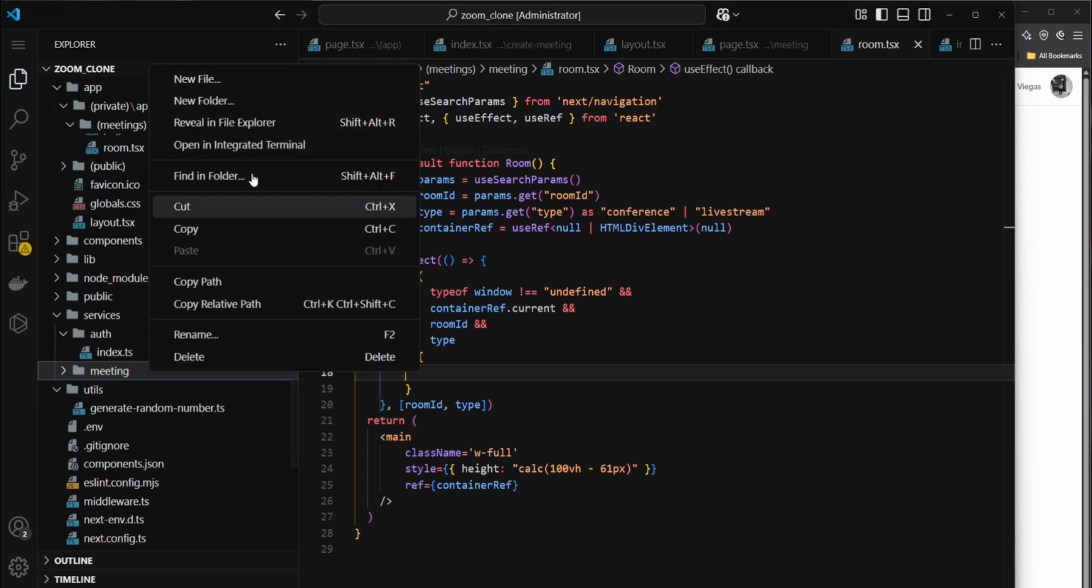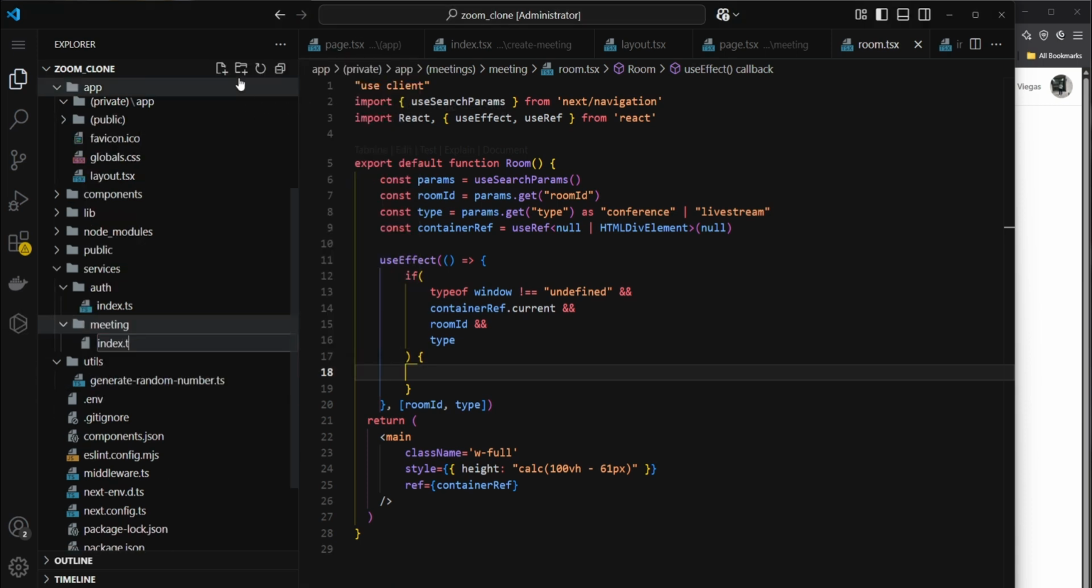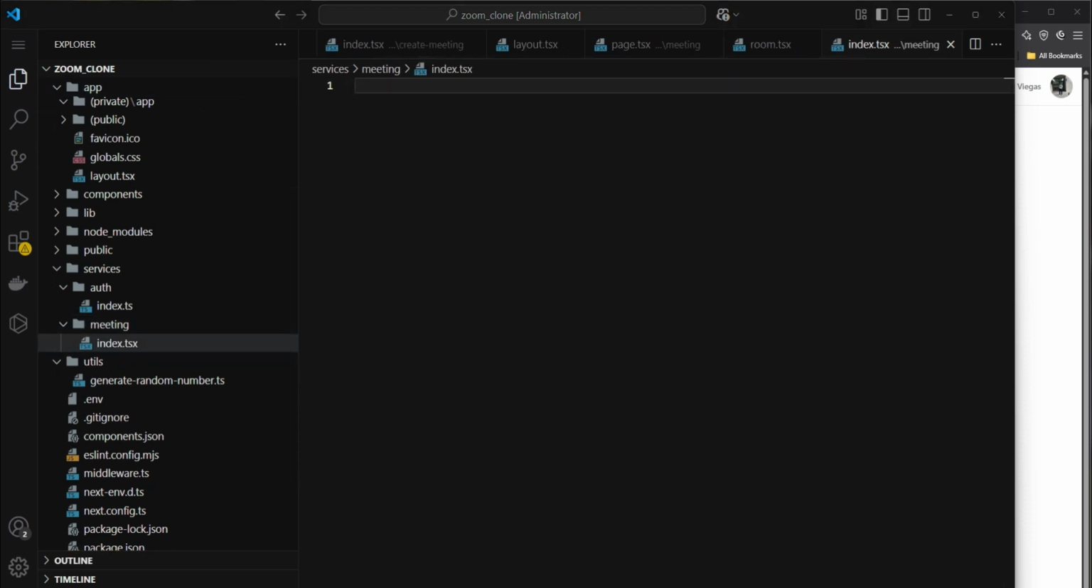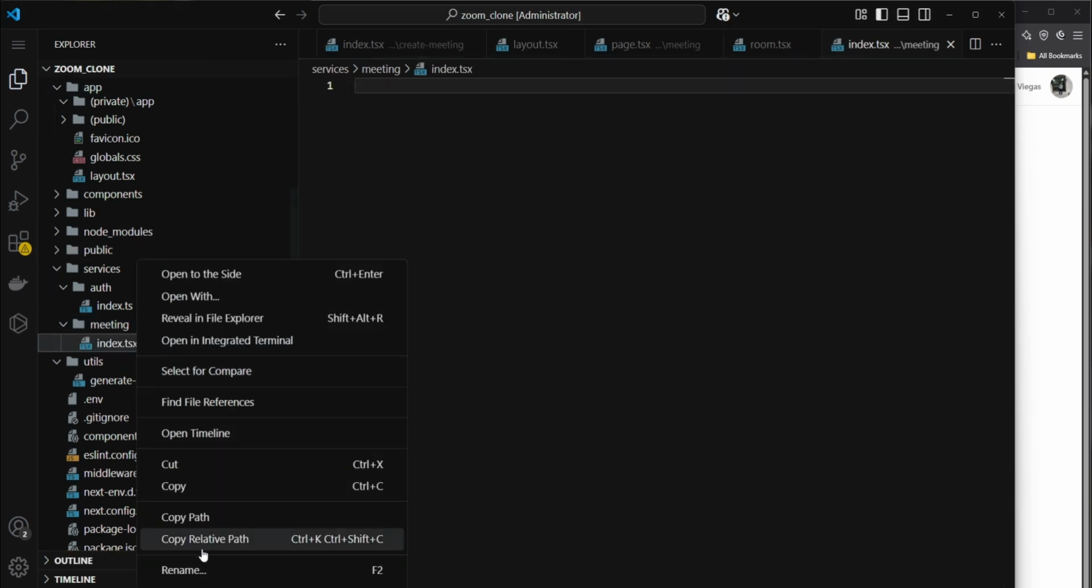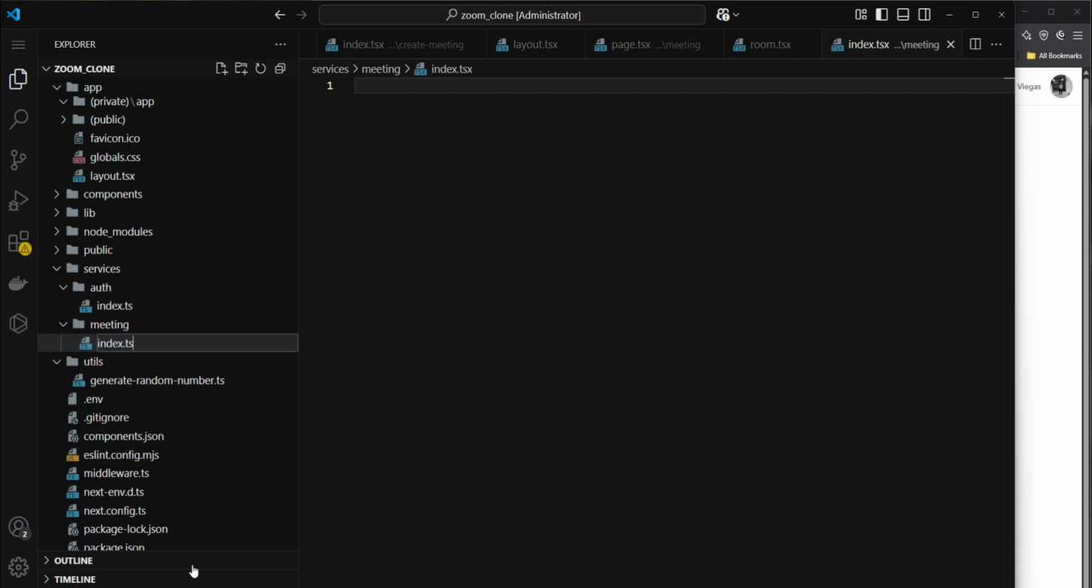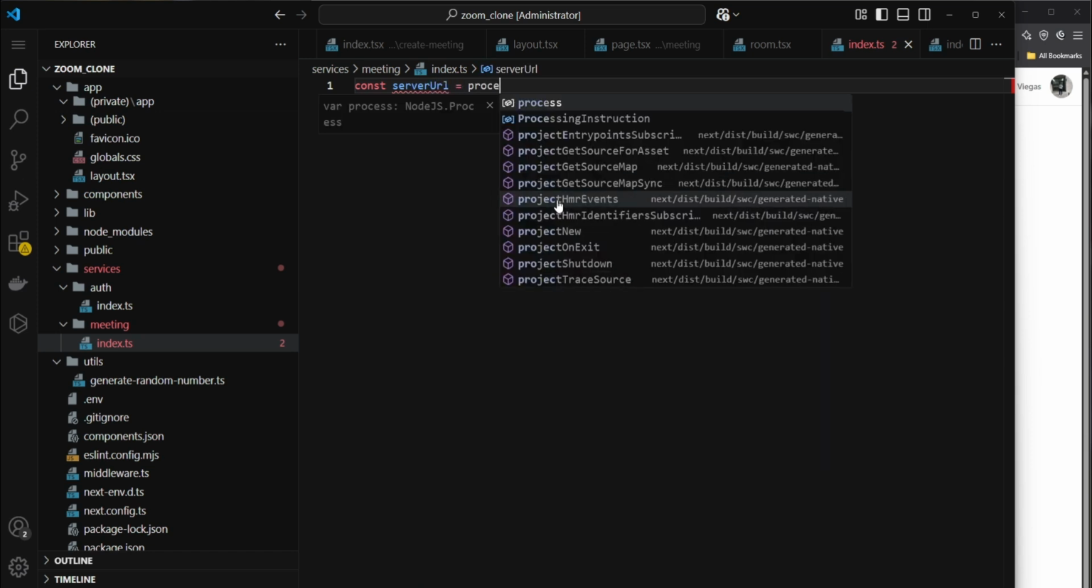So this meeting is going to have an index.ts. It's not tsx, it's just ts. My bad. We have to add some environment variables, but for now we're just going to pretend that they exist. So we are going to get the secret. We're going to have the server URL environment variable, which is coming from